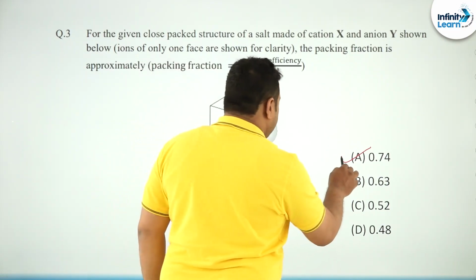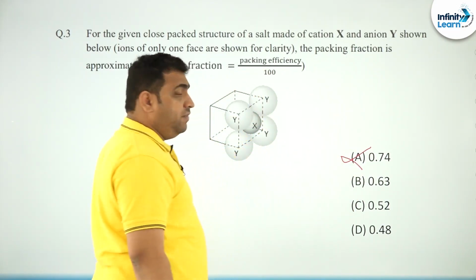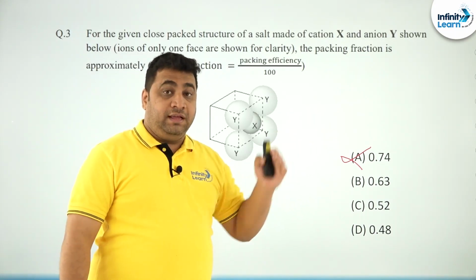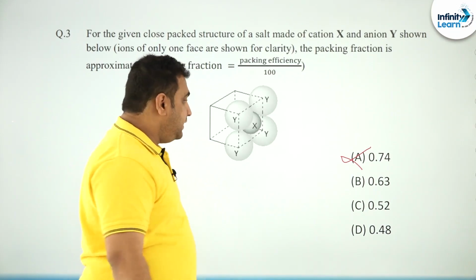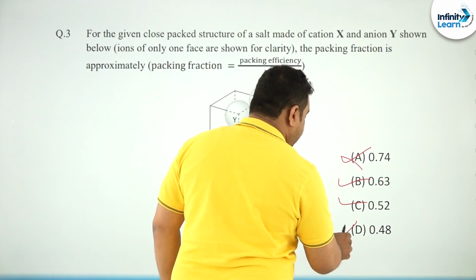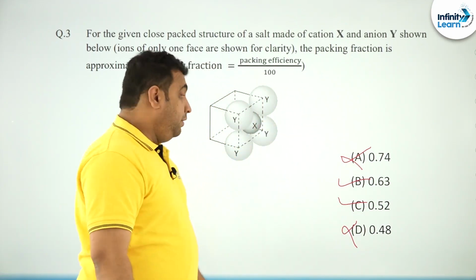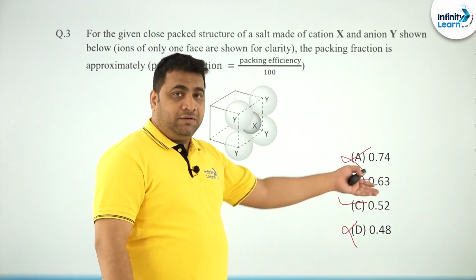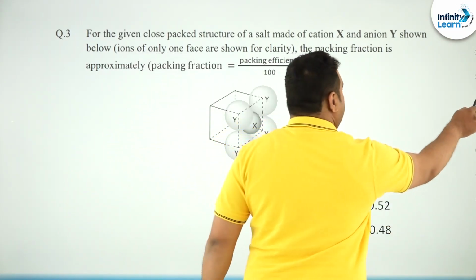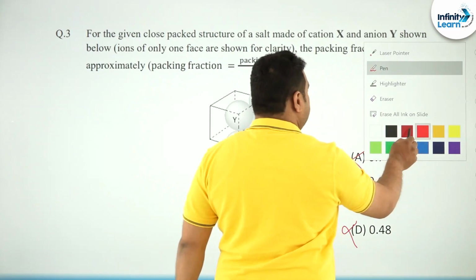Hence, the packing fraction must be less than that, it cannot be more. Are you following? Then how? That means your answer can be 0.63 or 0.52, and this is too far, it cannot be the answer. However, I cannot blindly tick whatever I want, so we have to calculate. So, at least in the exam you can remove what is not possible, correct.